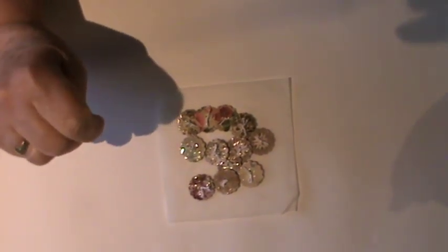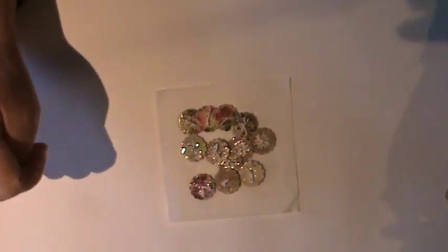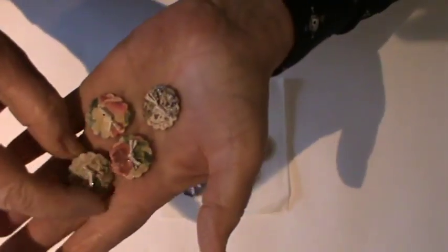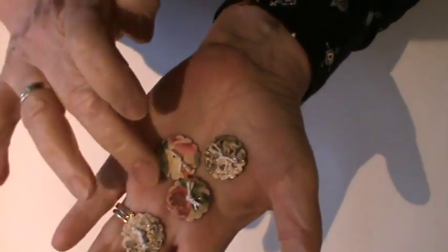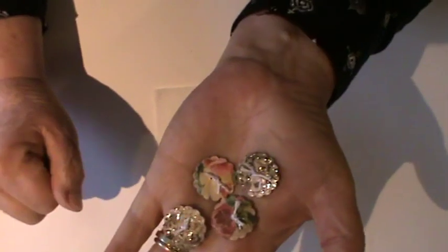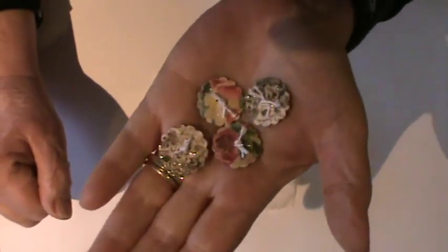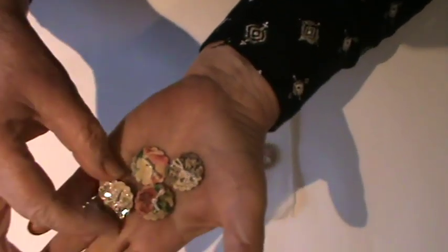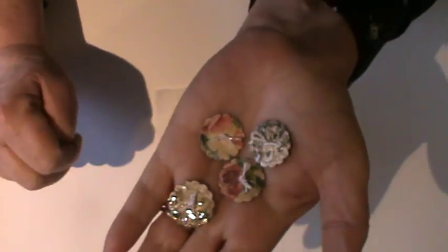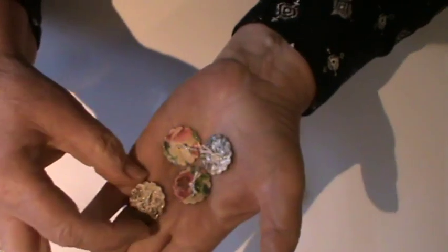To kick off, it is about these lovely little faux buttons that I've made and finished today, and I do like making these. Nothing new whatsoever, but I just thought I would try a little scalloped 7/8 of an inch circle, and I've been working on a journal which I'll share with you shortly, using a kit by Gi Kerr here on YouTube. And these are bits and pieces that were left over, just tiny little bits and pieces of paper that you couldn't do too much else with, and I just thought, right, I'll have a go with